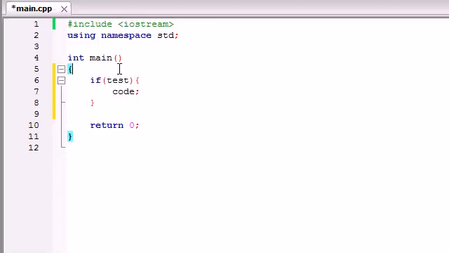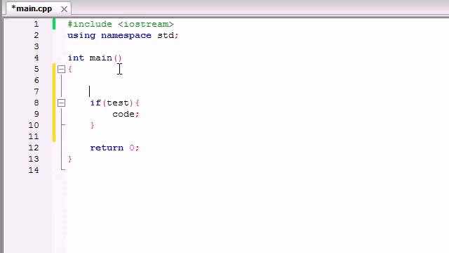So that's a basic example, but of course that isn't real code. So let's go ahead and make a real program that actually works. So what people typically do is they have a variable first of all. So let's go ahead and make int x and set it equal to 10. So now we have a variable equal to 10. They might want to test this to see, is this variable equal to 10? So go ahead and say if x,